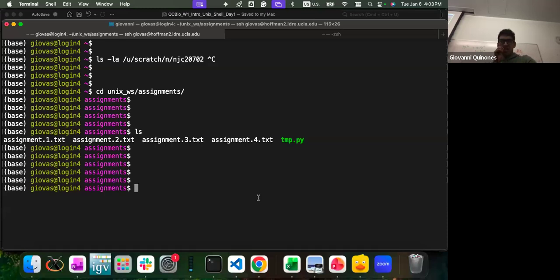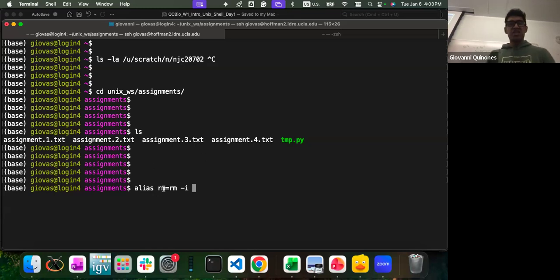That's one thing. The other thing is with the remove command. Now, I mentioned before that my remove command is a little different from yours because what I did was this: alias remove equals remove -i.